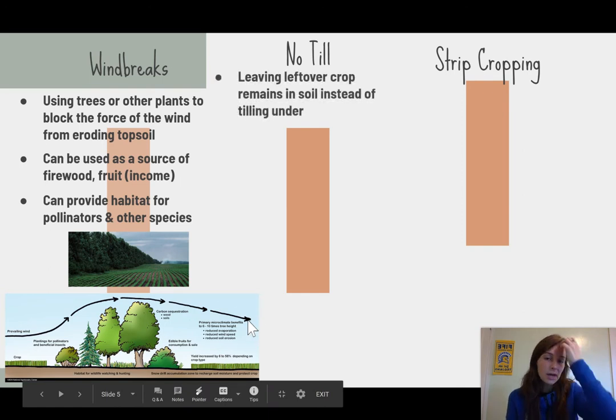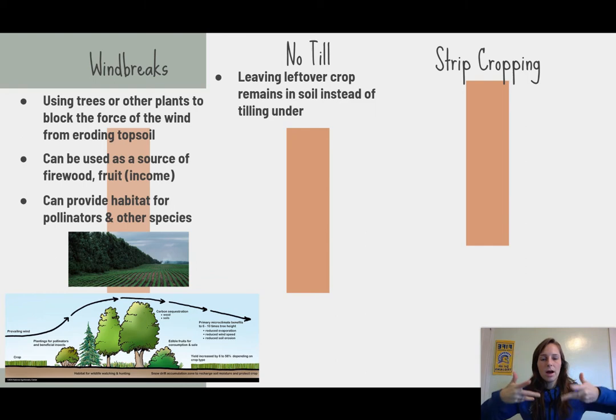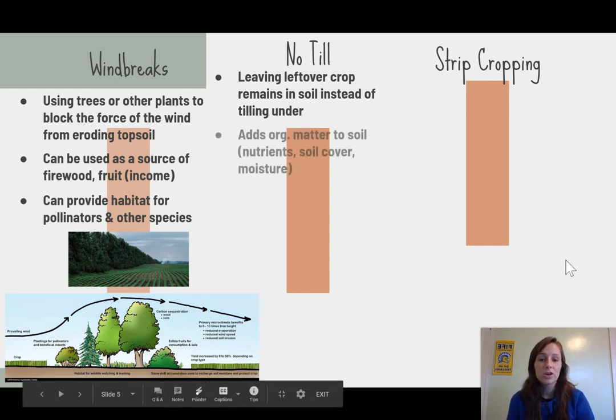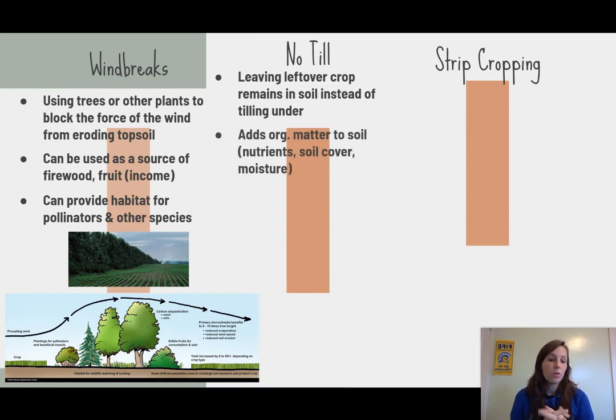Another thing that can be done is not tilling crops. So not having those massive plows that are going to go and just rip up the entire top layer. You're actually going to leave the leftover crop remains in the soil instead of tilling under it. So this is going to add organic matter to the soil, which provides nutrients, soil cover, and more moisture because the organic matter is going to trap it in there, which ultimately is going to prevent soil erosion